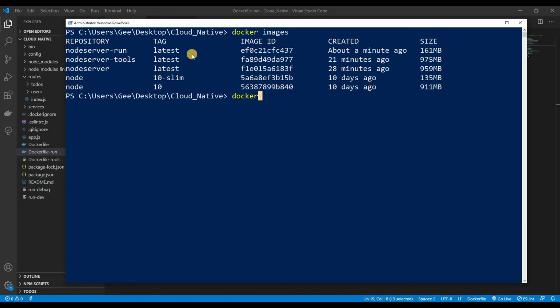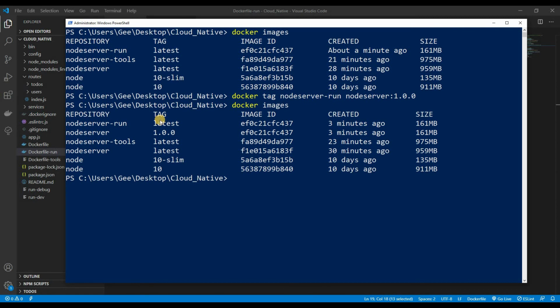So to do that, we just type in docker tag, and then what image you want to tag. That's going to be node-server-run. And what do you want to tag it as? Well, I want to rename it, or tag it, as node-server:1.0.0. Hit enter. And now if you do docker images, you're going to see that we have node-server with